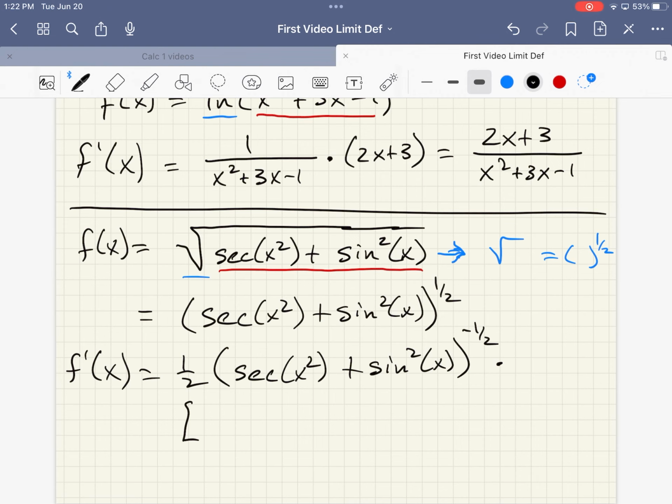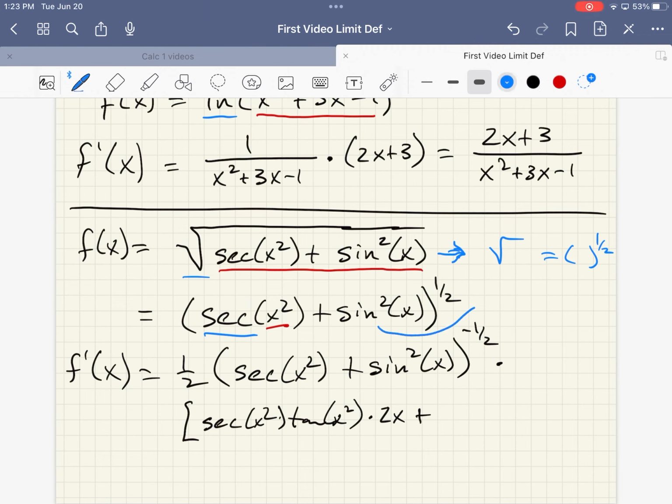Now, the derivative of secant is, again, a chain rule. I have an inside function, and that's used as a composition in the secant. So I'm going to have the derivative of the outside, which is secant. That's going to be secant of x squared tangent of x squared. Note, I leave it as x squared in there, times the derivative of what's inside, 2x,